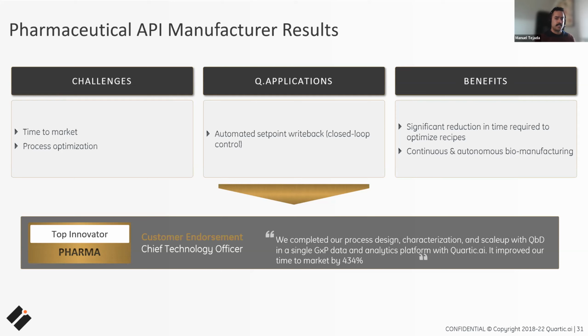The estimated impact to the business is actually a 434% reduction in time and effort associated with achieving these objectives using traditional manual methods. With that, I'd like to conclude my presentation for today. So thank you everyone for your time, and I hope that I was able to achieve my two objectives of conveying to you that the barrier to entry for process optimization is not high from data and automation standpoints, and there's significant business value in pursuing even the most basic optimization implementations. With that, I'll turn it over to you, Charlie.